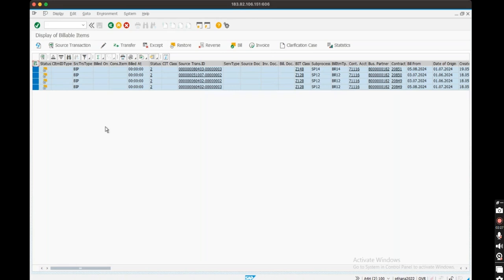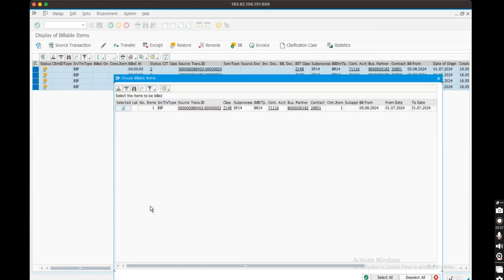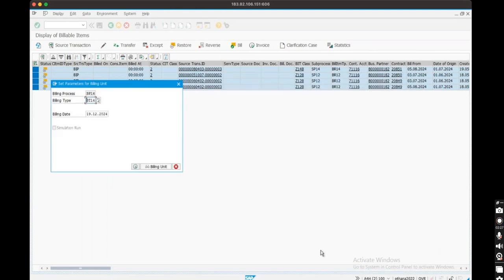We are trying to do the billing process. Okay, let's click on billing. BP14, SP14, and select the date. Click on export mode. Execute one billable item, one billing unit. Click on execute. Okay, so BT14 is our